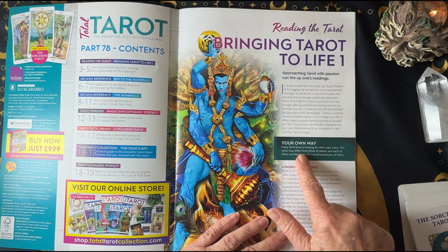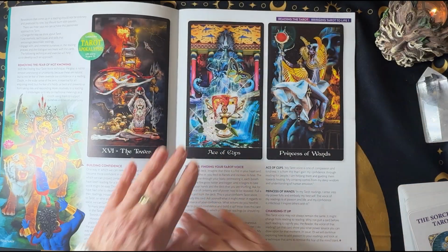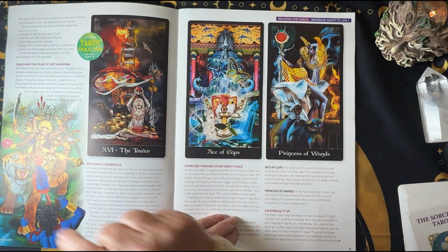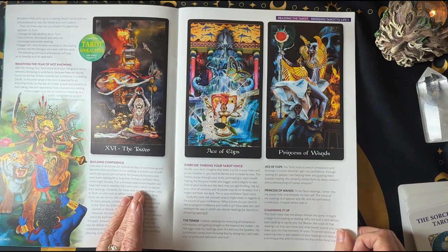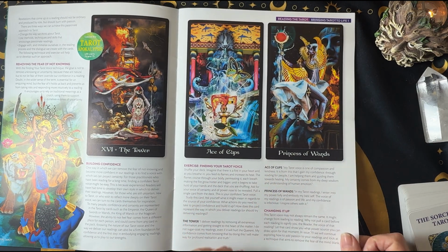So finding your own voice, I think it's on about there. Contributing to the overall expression. Removing the fear of not knowing. Building confidence, finding your voice, and then we have different cards here